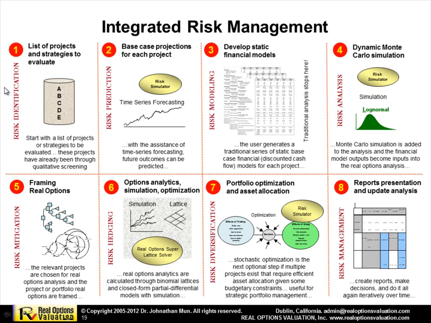On the y-axis of each of these, you see the word risk. That's the main keyword, if you will. So risk identification, risk prediction, risk modeling, and so forth. So step 1 is where you list your projects and strategies that you want to evaluate. So senior managers will come in and say, "Oh, look at these 5 things that you should be evaluating for me." Pitch it to the board of directors or whatever. So you start with 5, 10, 20 of these projects, or be a proponent of a project or an investment,